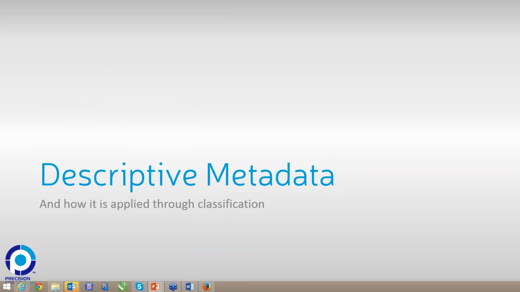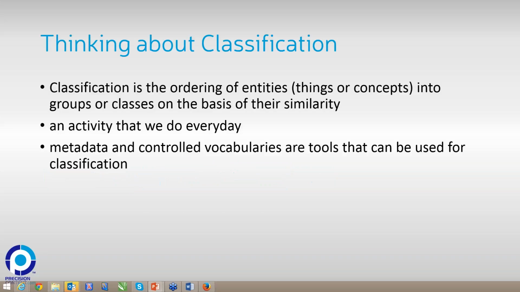So descriptive metadata is the metadata that we most often work with, whether it's as authors or contributors or information architects. This is metadata that we need to be able to set up so that we're able to identify and quickly retrieve information based on what the information is about. And typically, only an author or a content contributor can apply this descriptive metadata appropriately. So therefore, it's very important to understand the various systems on how we gather and manage and